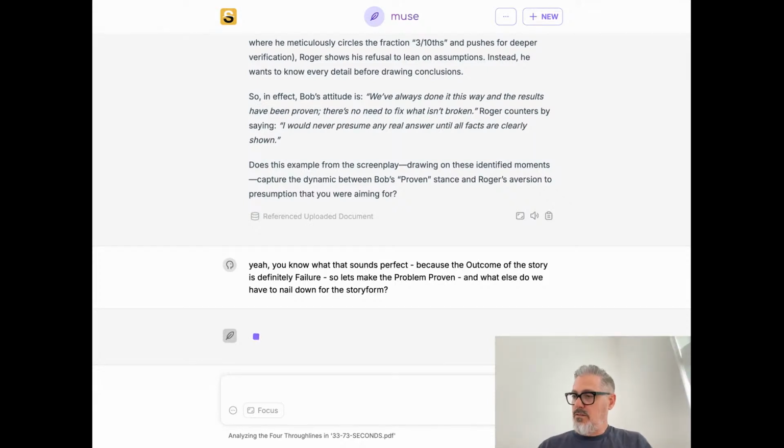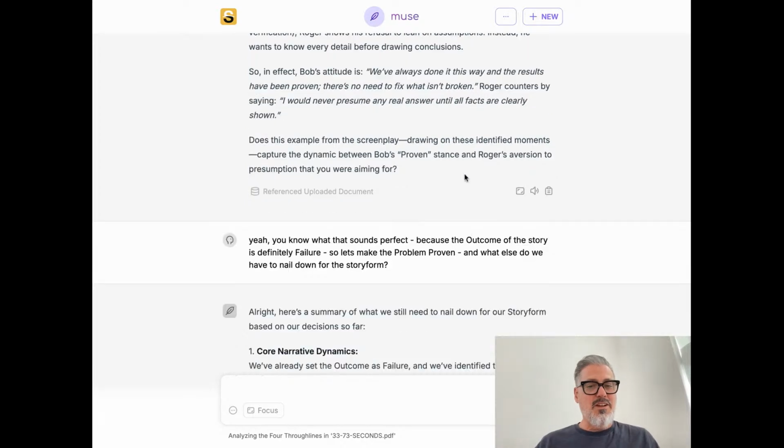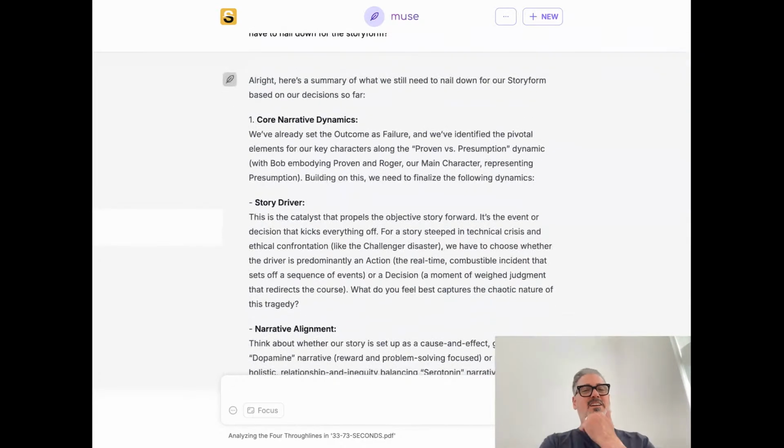Oh, it's different knowledge. Okay, I'll look at that later. All right, here's a summary of what we still need to nail down. Core narrative dynamics set the outcome of failure. The story driver. Okay, this is the catalyst that propels the objective story forward. For stories steeped in technical crisis and ethical competition, we have to choose whether the driver is predominantly an action,